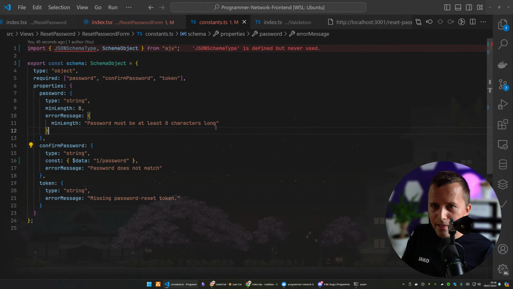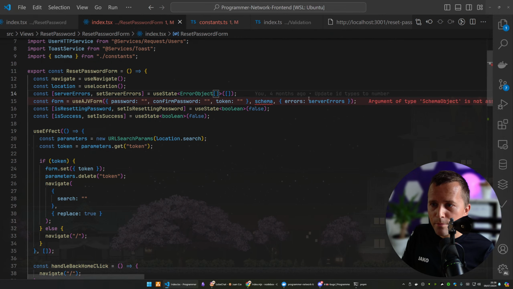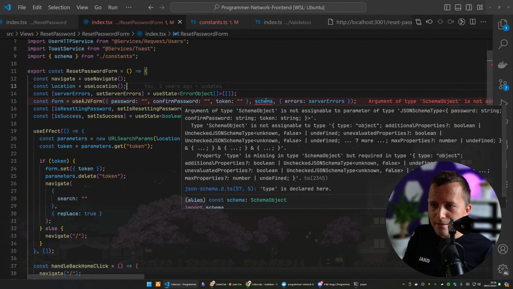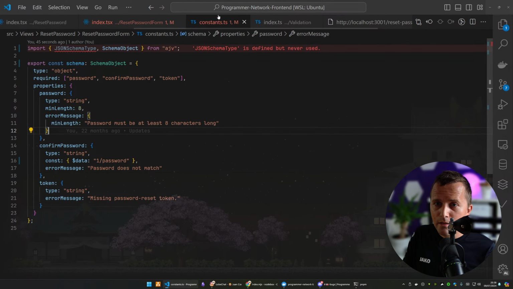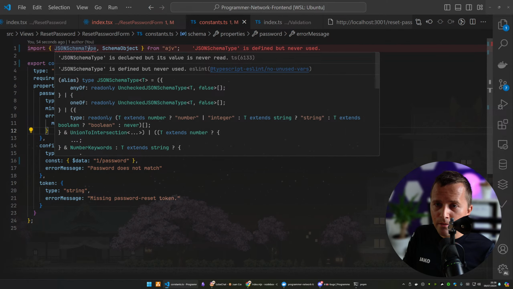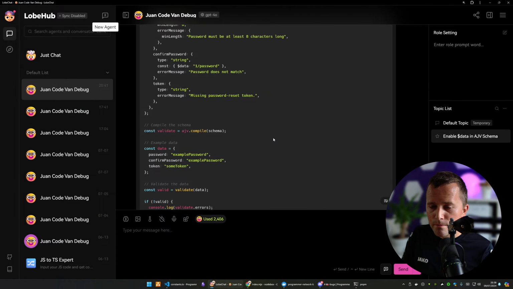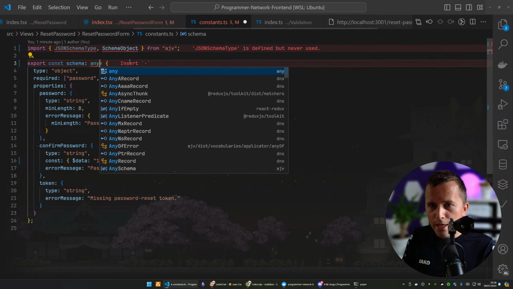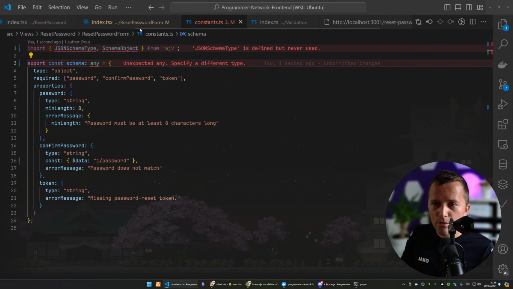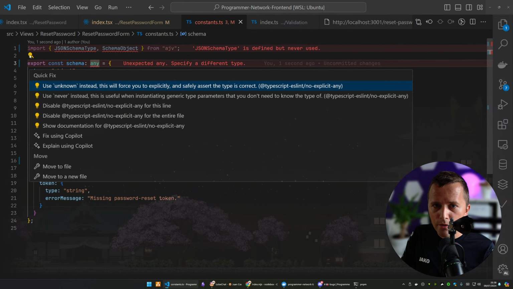Yeah, that's unfortunate, because my library that I built, this open source library, doesn't actually want that type. The library wants the JSON schema type, right? So that sucks. What if I do any? I mean, that is terrible, we all agree there, but